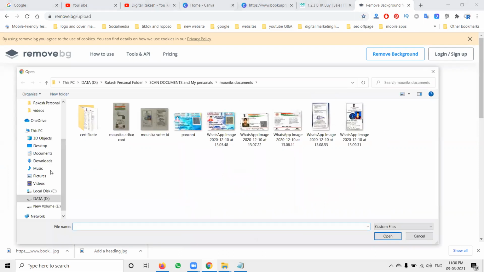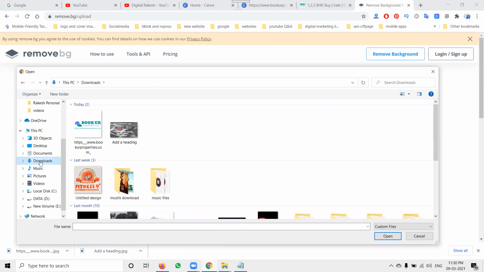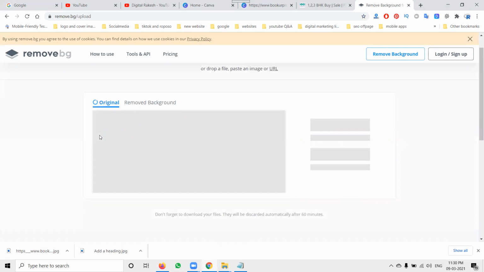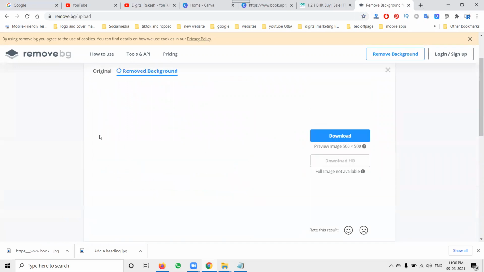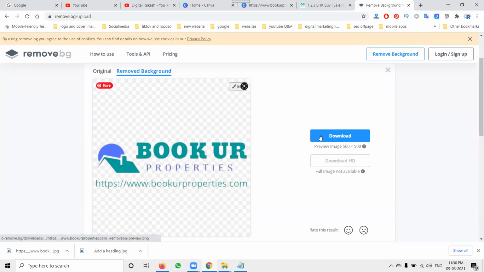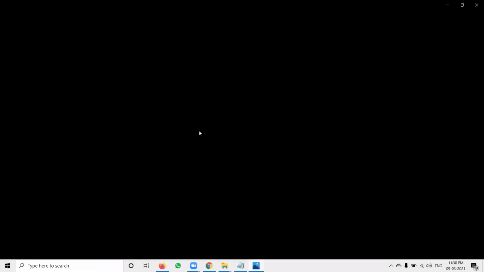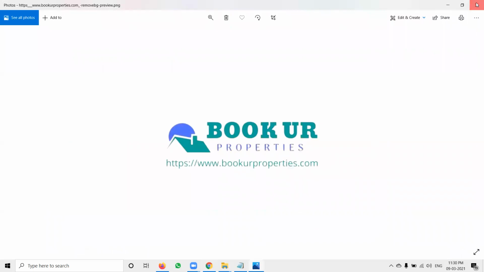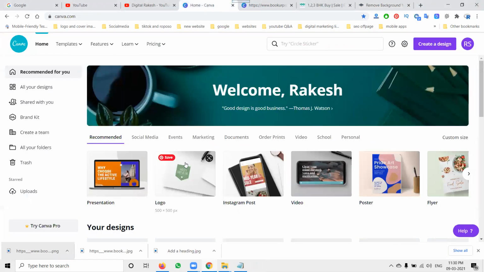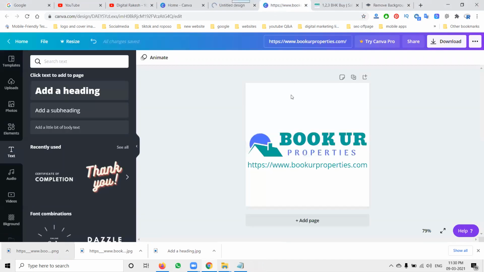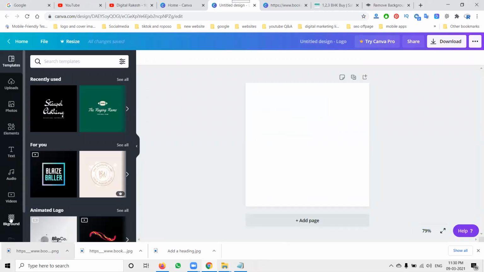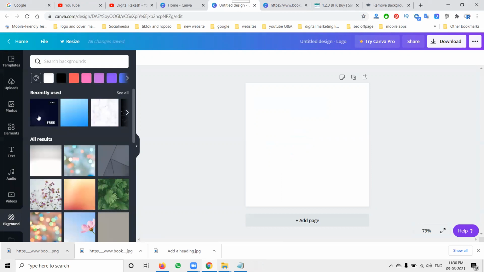Select your upload image. So where our images are, here, the logo. In this, click download. Now we will check. This will be a PNG image. How to know that? Just select the logo option. First choose the white color option. So here I'm changing my background color.